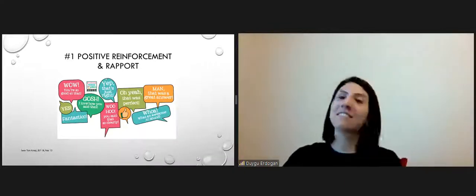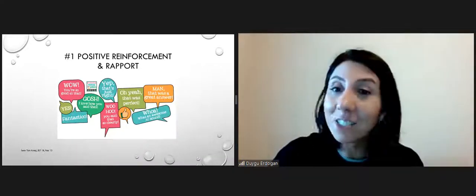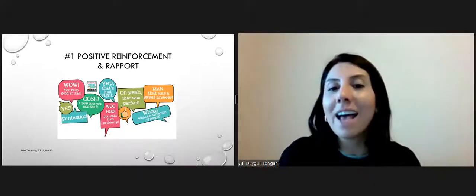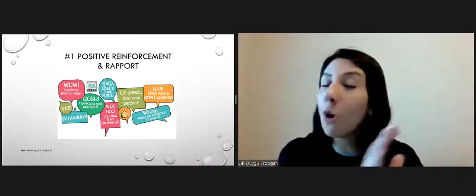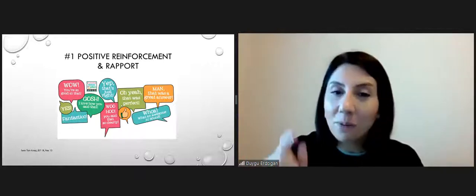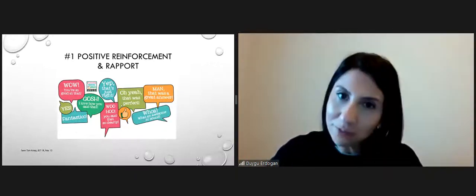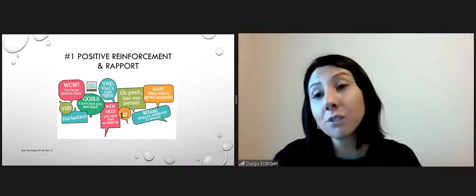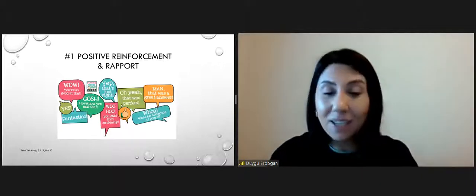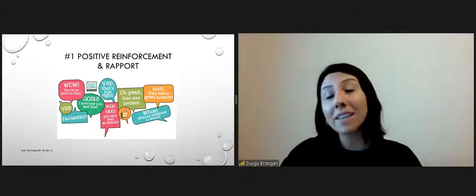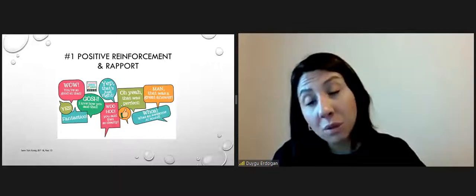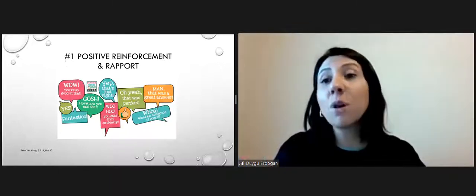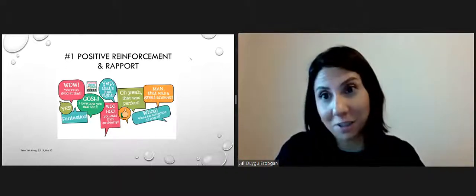And number 1, the final one, is ours. It's positive reinforcement and rapport. Now, in order to do all of these 9 things, we have to be there, supportive, giving positive reinforcement, and trying to create a good rapport. I know this year has been a bit tough because we did not get to see them as much as we wanted, and hopefully we will. But I do believe that in online lessons, we, as teachers, are capable of doing this because we have achieved a lot this year, okay?